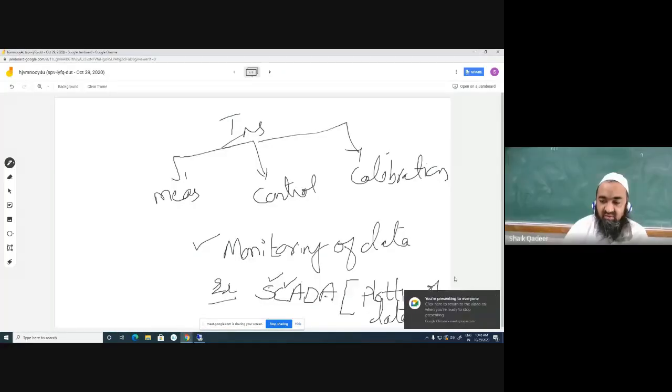What I will do is, I will take you to all these screens. In first screen, I explain you motivation for plotting of data. To explain this thing, I had taken the example of the components of instrumentation, which is comprising of three components: measurement, control, calibration. So for all these, monitoring is essential. Example, SCADA. SCADA is an application which requires monitoring of data. So for that case, we need to have plotting of data provision.